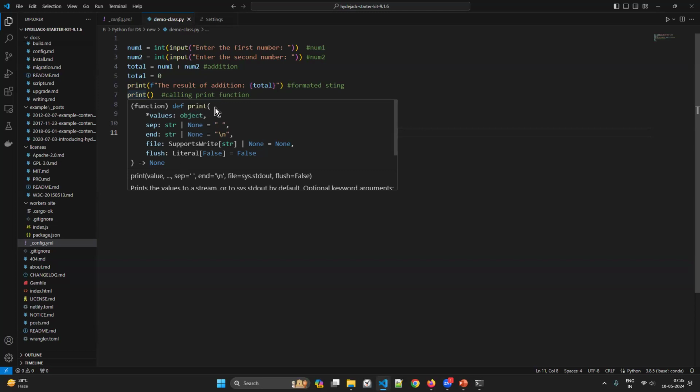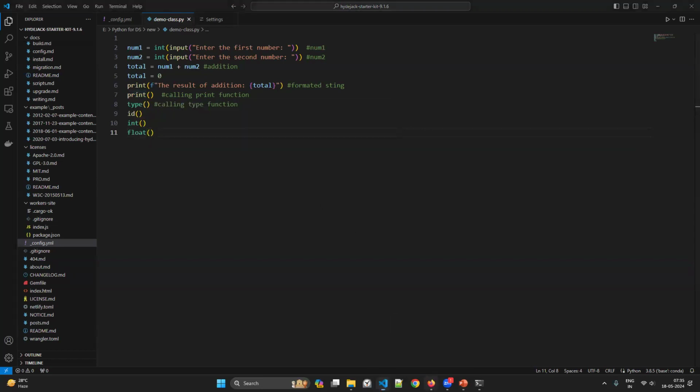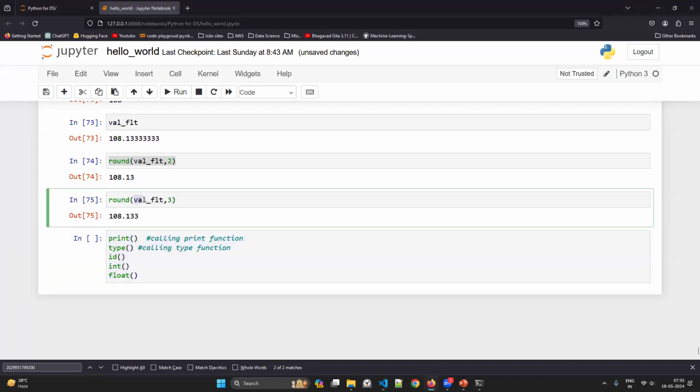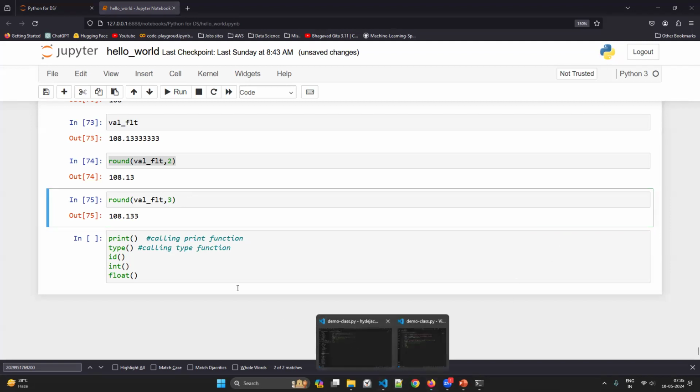And what is the argument? Whatever you are giving inside this function call. Here, this float value I've given and 3 I've given. So you'll ask me, why, Krishna, have you given 3? What is the 3, the second argument? Because there is a reason for giving that. What is the reason? If I come to round,